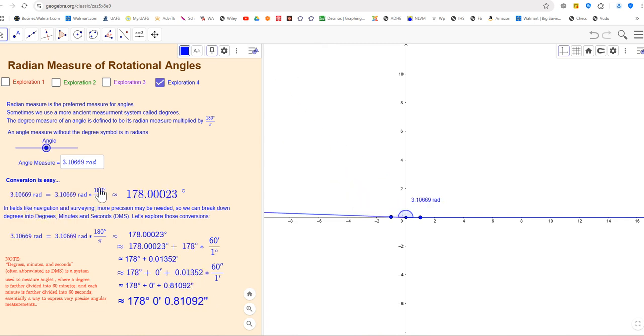Just multiply by 180 degrees over pi. So we end up with degrees at the end. 180 degrees and pi are the same thing. So that's 1 for that fraction. So this stays the same value, but in this case, we can see it converted to degrees. Once we convert to degrees, we can subtract off the whole number part, that's degrees. The decimal part then,